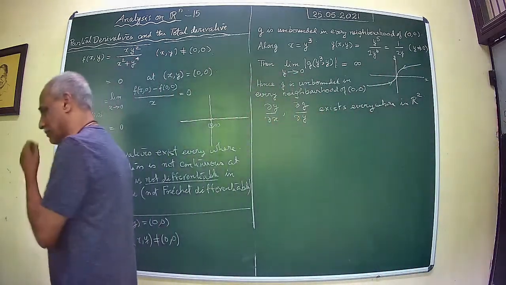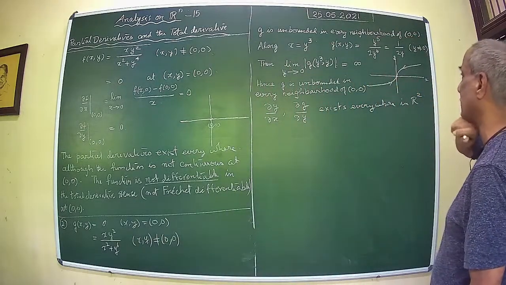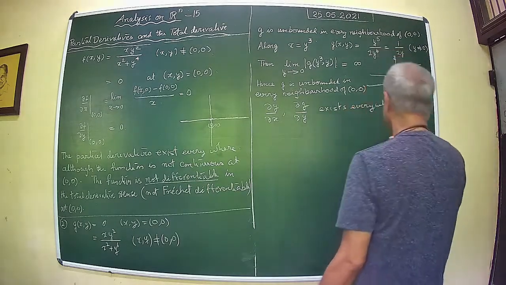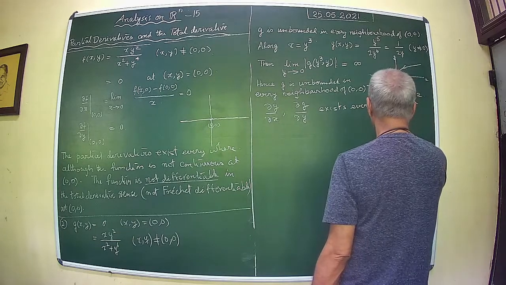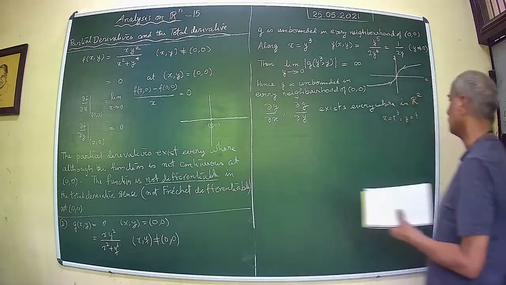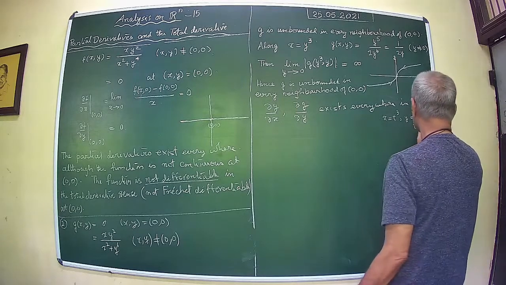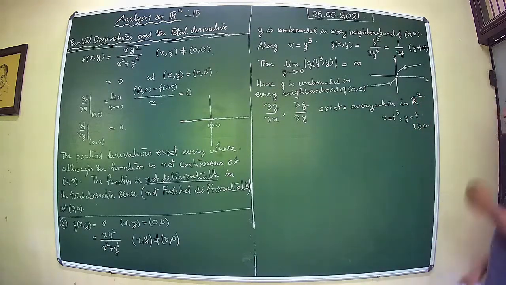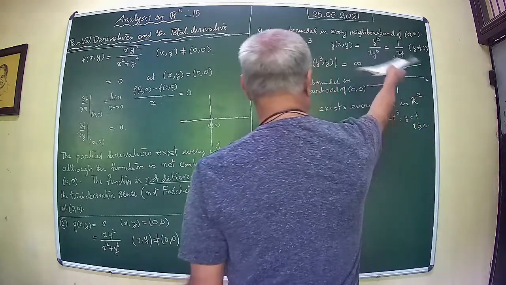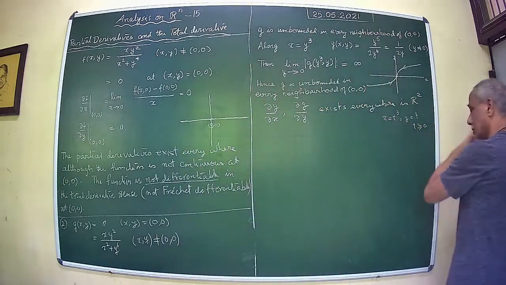So you take a parametric form of this curve. Now for instance, if you take this curve, what is this curve? X is equal to y cube. So you take the parametric equation, x is equal to t cube, y is equal to t. Okay, take this for t. Look at this function. Then what happens? You can write down g(t). Once again you get this kind of scenario where the function is unbounded, therefore it is not differentiable along this path,